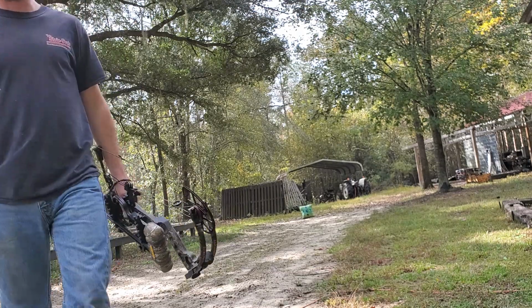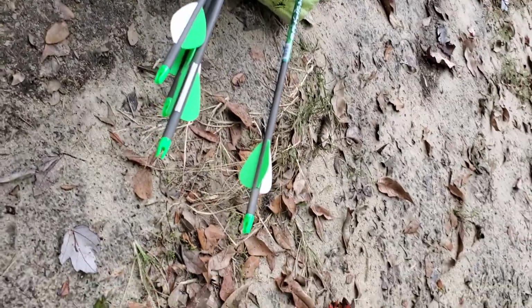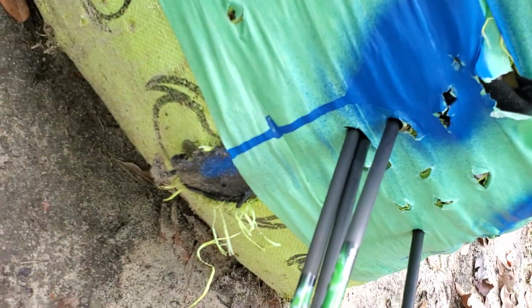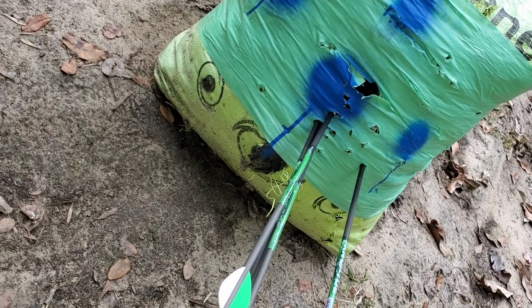Alright, I know at least a few of those shots are dead on. I know I pulled one. We'll go check it out. Alright, you got arrows touching. I don't think you can ask for much of a better group. I knew I pulled this one shot, but you can't even fit a piece of paper in between that. So it looks to me like it needs to go up a little bit,